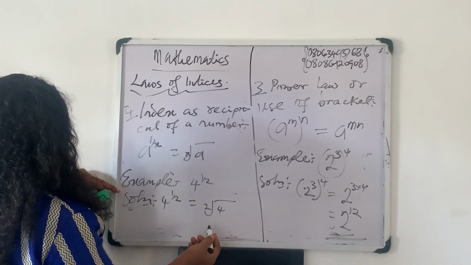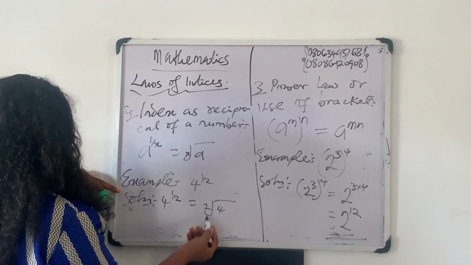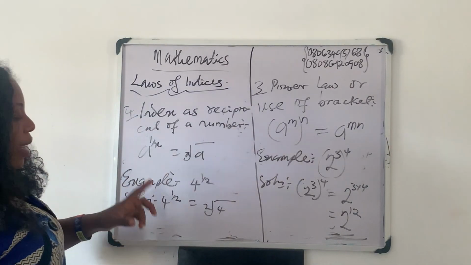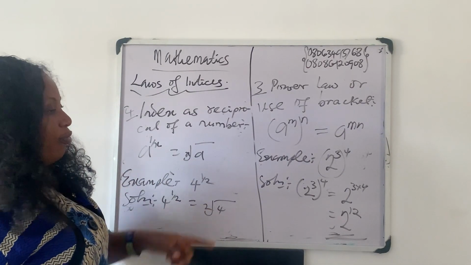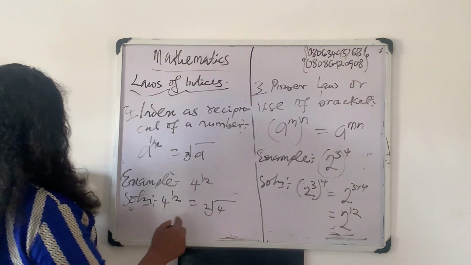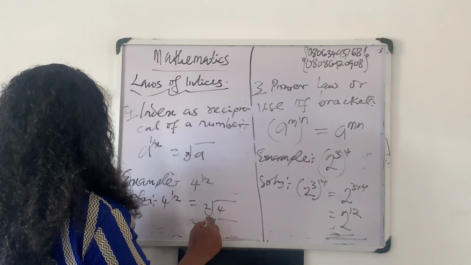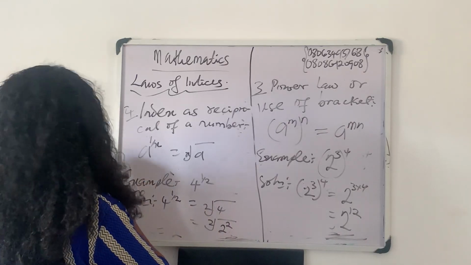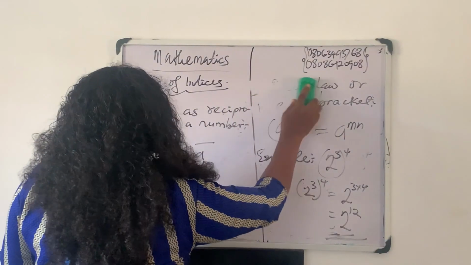To get this, you ask yourself, what is that number that will multiply itself 2 times to give you 4? And that number is 2. That means you have 2 raised to power 2. Therefore, the answer,